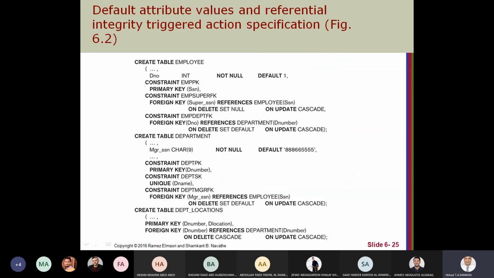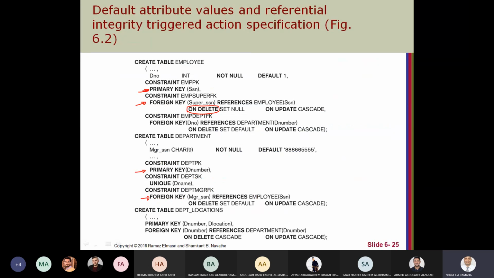Okay, we define the constraints, primary key and foreign key. Here with the foreign key, we mention on delete, what will we do?